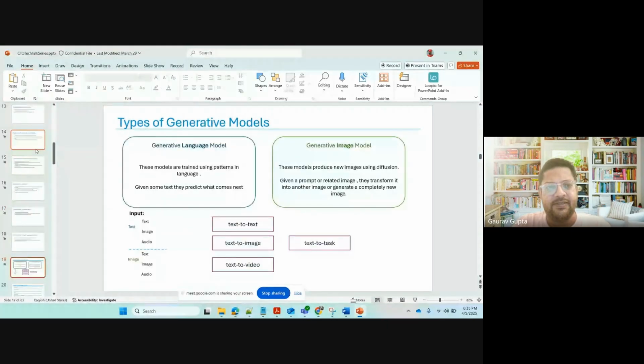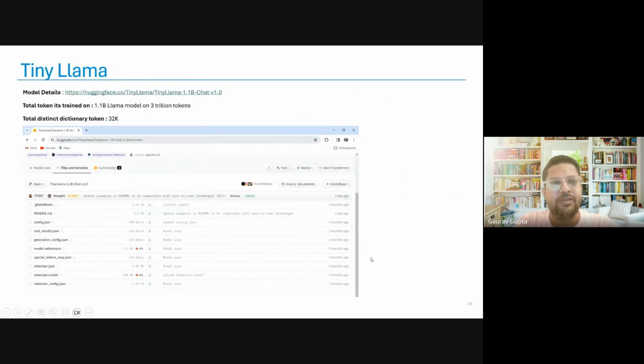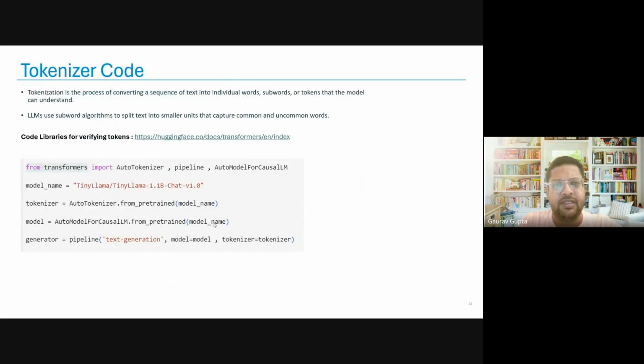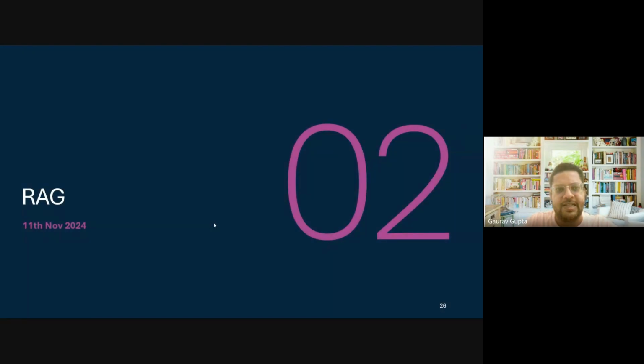We also saw that if somebody wants to do hands-on, where can you possibly go? You can go to Hugging Face. We saw the Hugging Face page where you can understand the model, you can download the model, you can see the training data set and everything on Hugging Face. So this was our session one, where we basically tried to open up LLMs, or decouple LLMs, or understand the underlying architecture of the LLM, right?